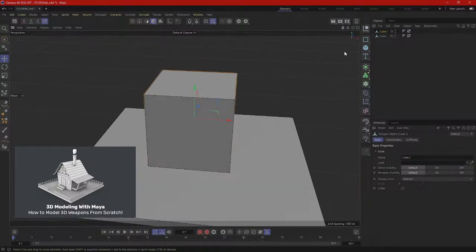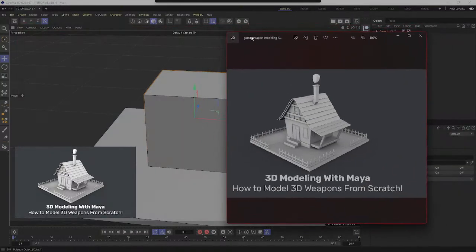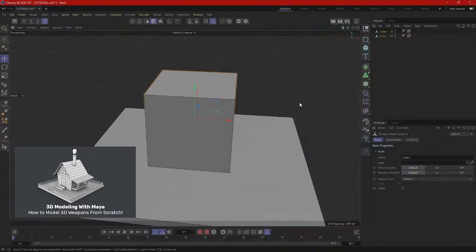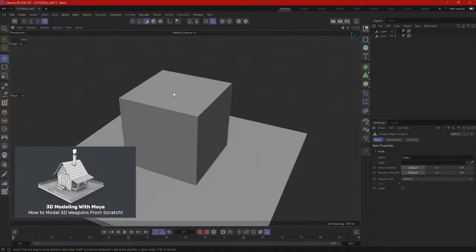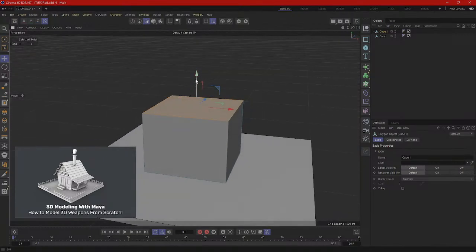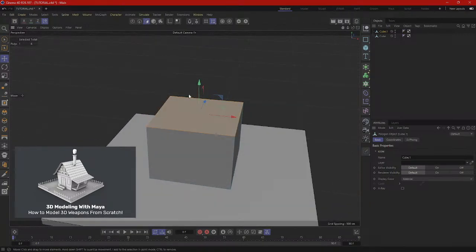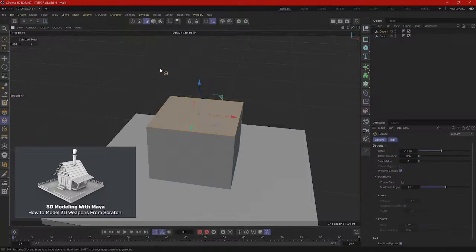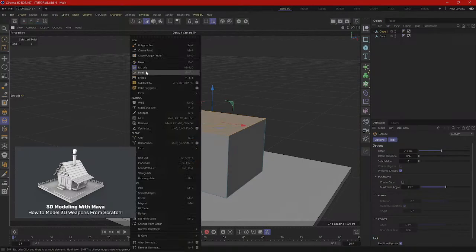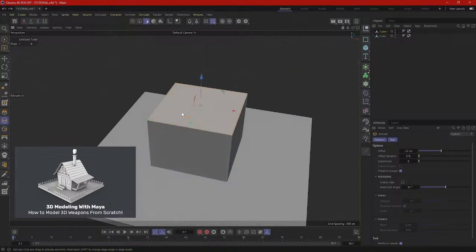So we have our reference image that has a slightly rectangular shape. So for that, again I am going to select this face. I am going to put it a little bit down and I am going to extrude the upper part of my cube. So extrusion, I'm going to extrude. I'm on extrude mode and I'm going to extrude